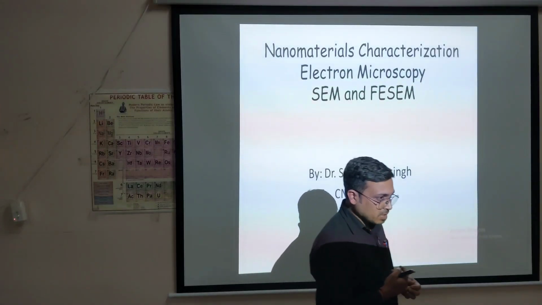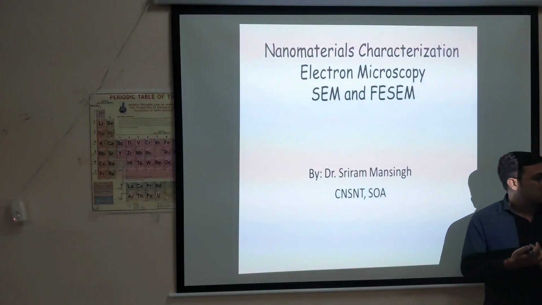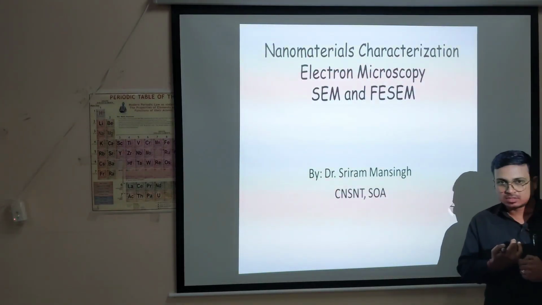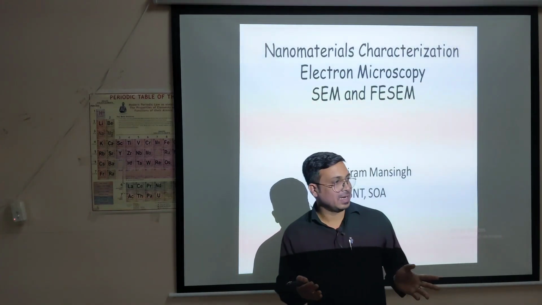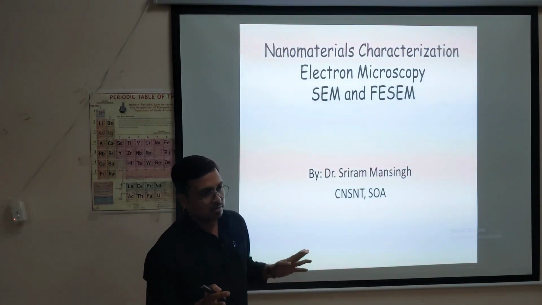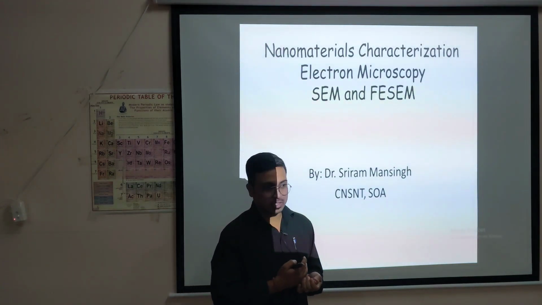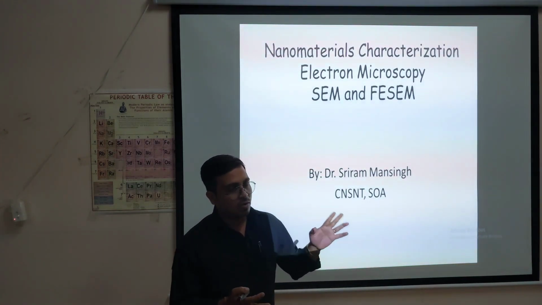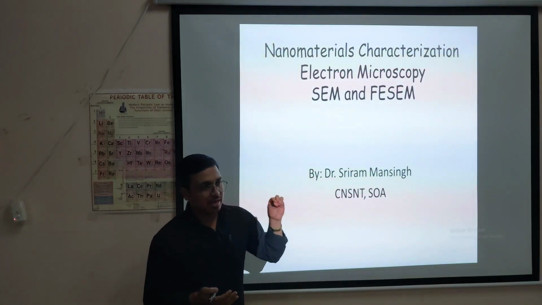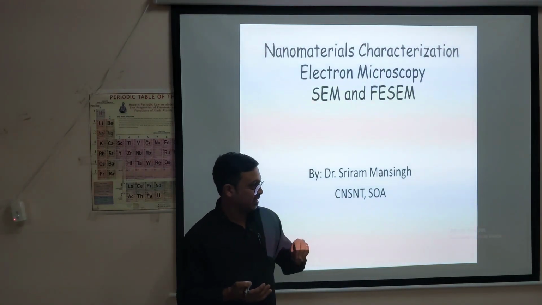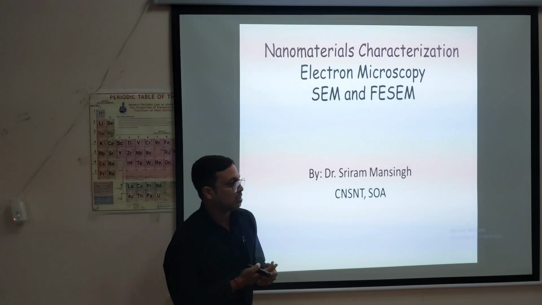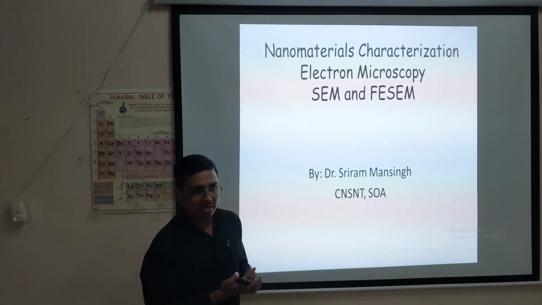So in our previous class, we went through different types of microscopy, yes or no? Electron microscopy and light microscopy. I told you about the advantage of electron microscopy over light microscopy. In the case of light microscopy, what did we used to do? We used to irradiate the sample with light. It may be sunlight or any LED lamp or anything like that.